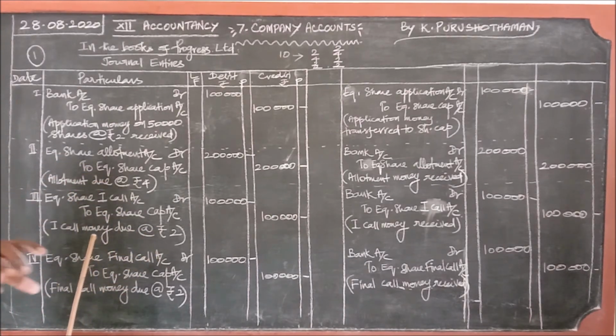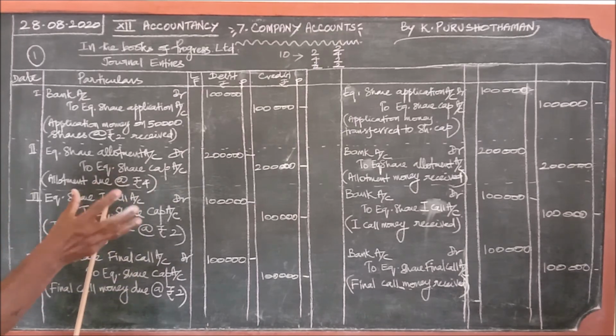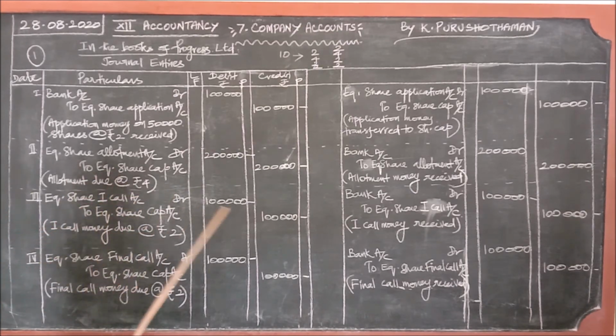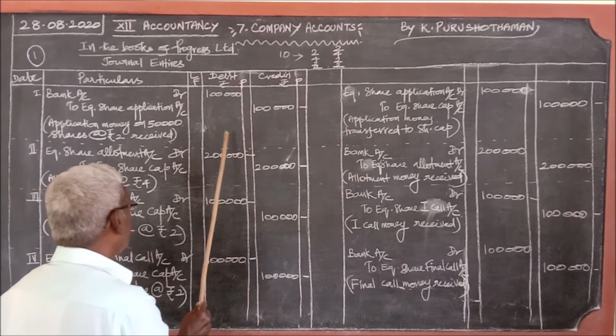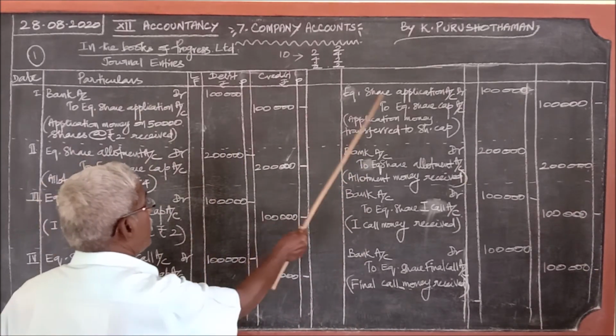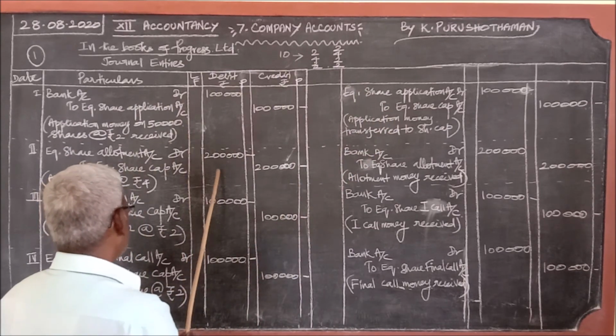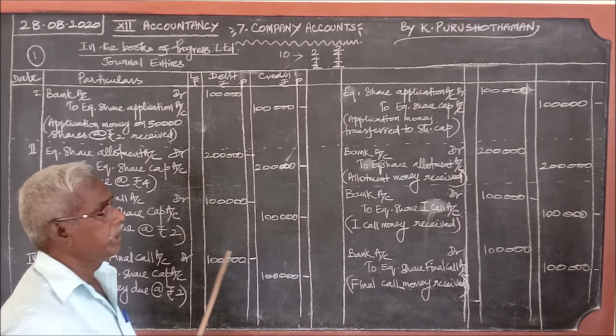First they will send a letter, and for that you record these journal entries. After going through the letter, you pay the money for that, and that is why this is the journal entry. And that is why the first stage is different from the second, third and fourth. Okay, right? Thank you.